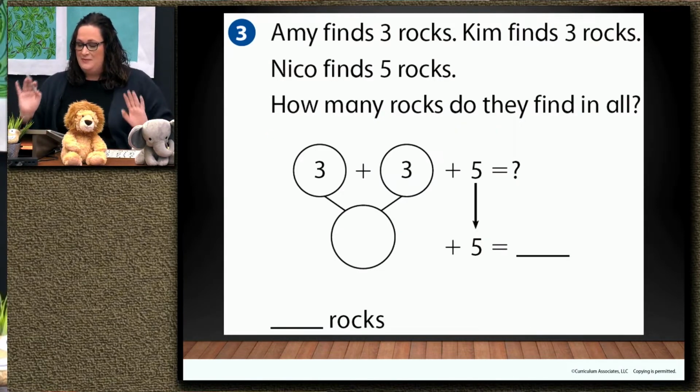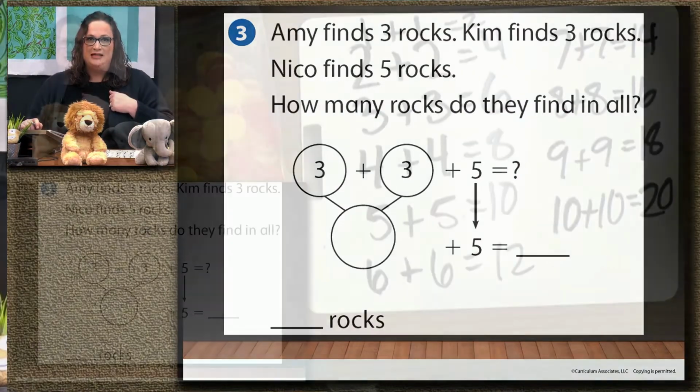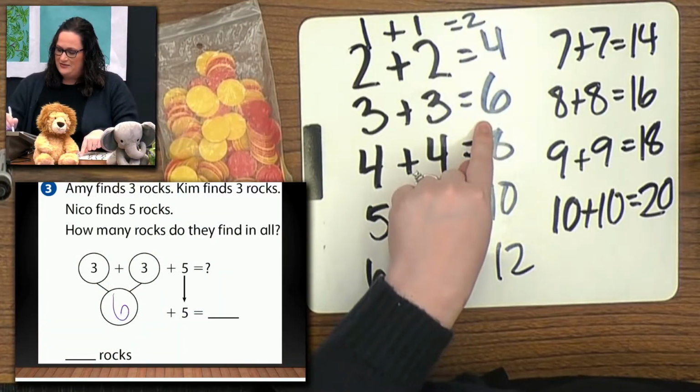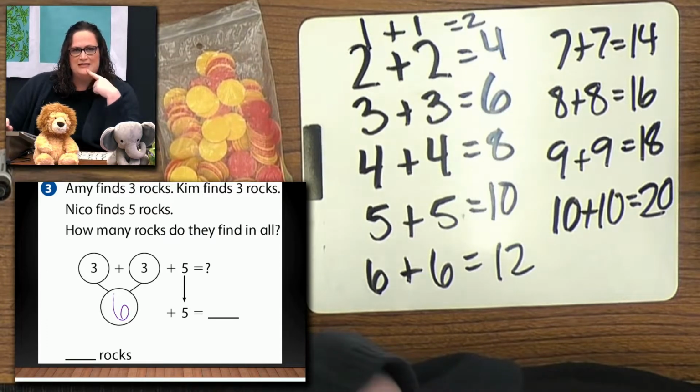Okay, Amy finds 3 rocks. Kim finds 3 rocks. Nico finds 5 rocks. How many rocks do they find in all? Do you see a double? I see a double. What's our double? Our double is 3. Let's check our chart. 3 plus 3 is 6. 3 plus 3 is 6. 6 plus 5 is